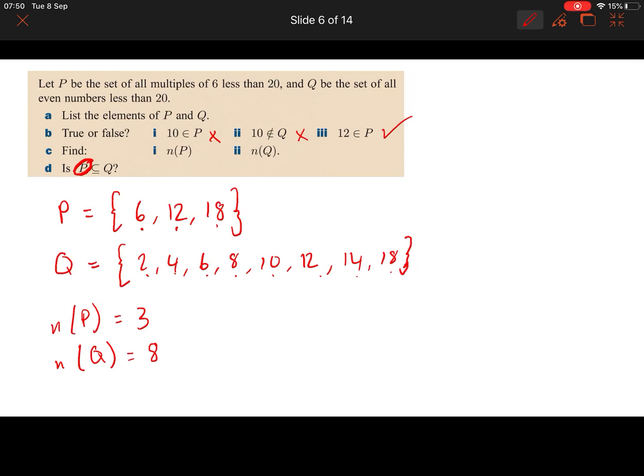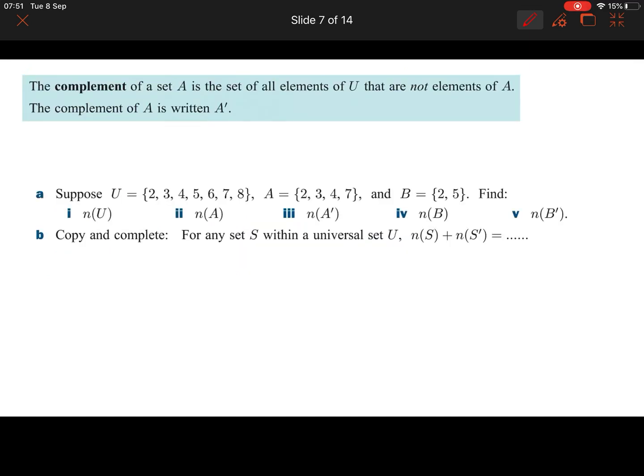Now, D says, is P a subset of Q? So what we need to do is say, are all the things in P also in Q? 6 is, 12 is, 18 is. So it is true that P is a subset of Q. I hope this is all making sense. Of course, if it's not,